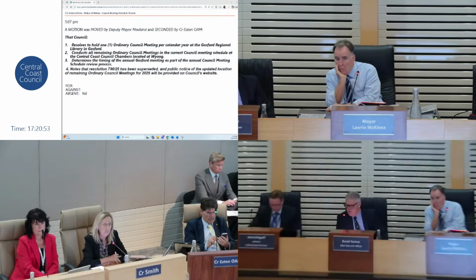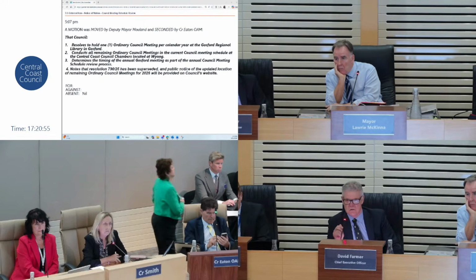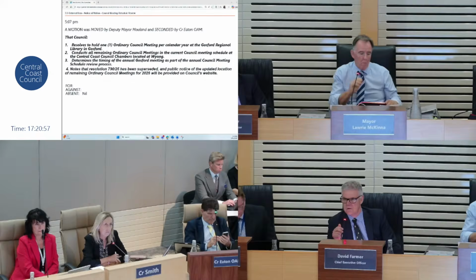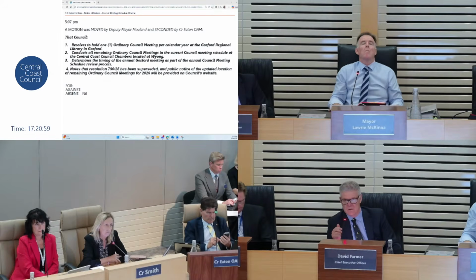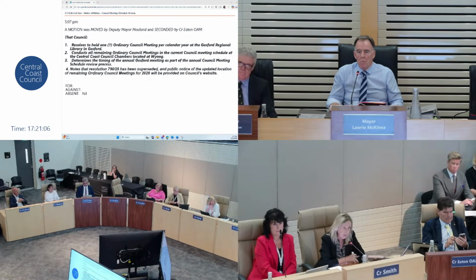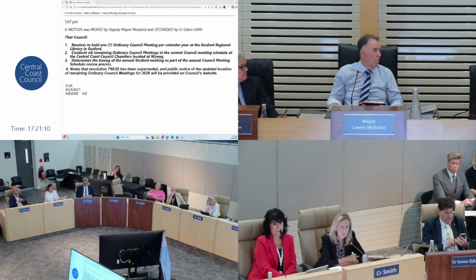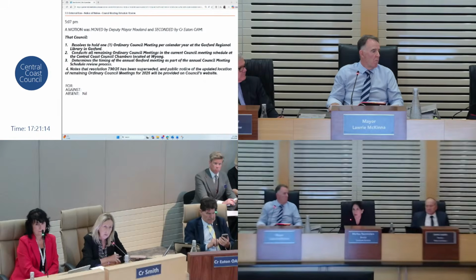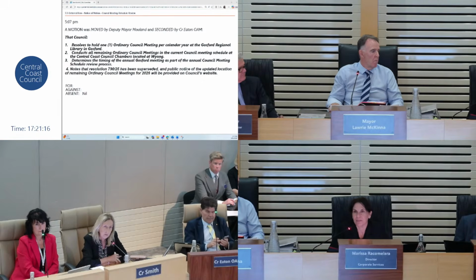The building is designed as a multi-purpose space, and it is designed to be able to host a range of meetings, including council meetings, and we have some specific tech there to allow that to occur. Okay, so there is already technology there to allow those meetings to be held at the regional library? Yes, as we experienced at the last meeting at the library, that is the existing technology that we used at the last meeting at the library.